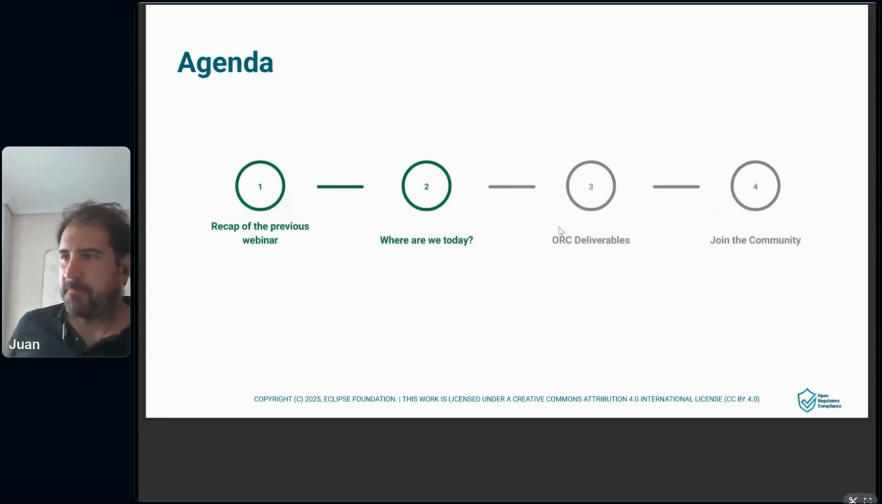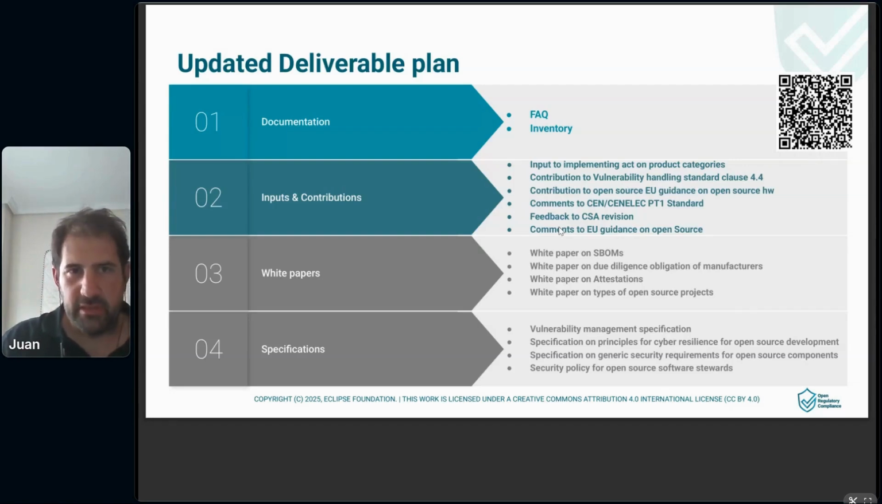So the next element is the deliverables themselves, and this is the updated deliverable plan that we have today. And we have split it into different categories. Why? Because as I said before, it's important for us to set expectations for ourselves, the community, and whoever is going to read those deliverables on what kind of things you will find in them. And also to reflect properly what the main drivers are for creating those deliverables. So we have documentation with FAQ and inventory, which are more generic things that have been created from the very beginning of